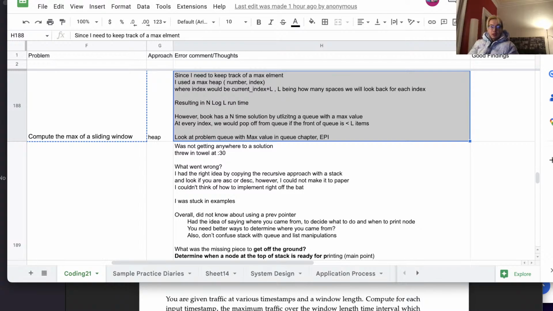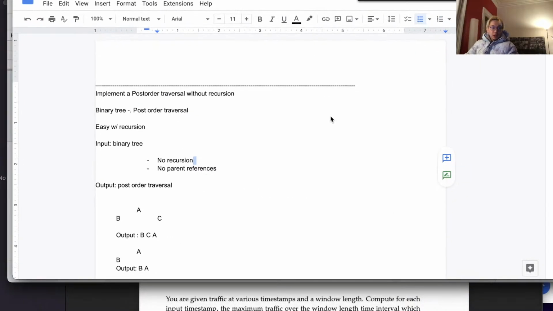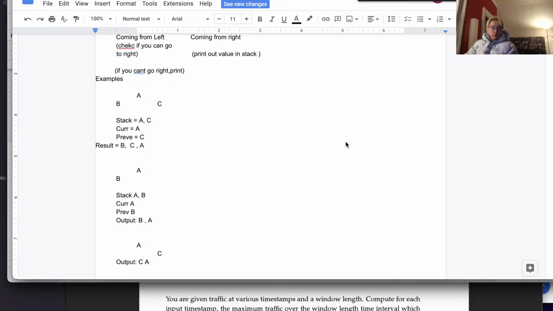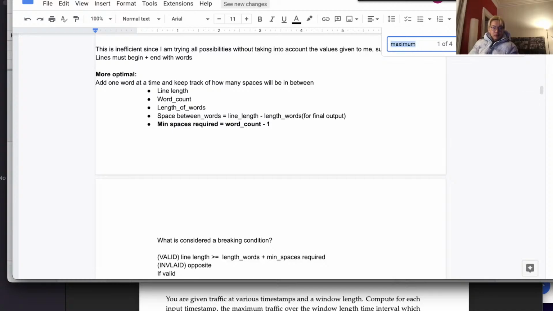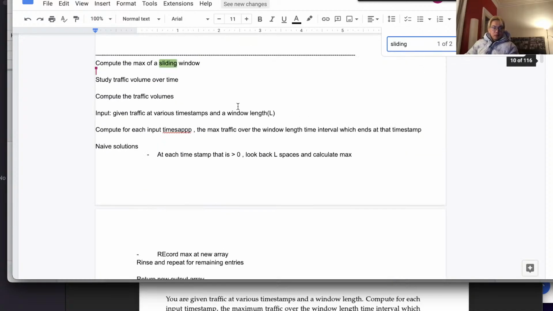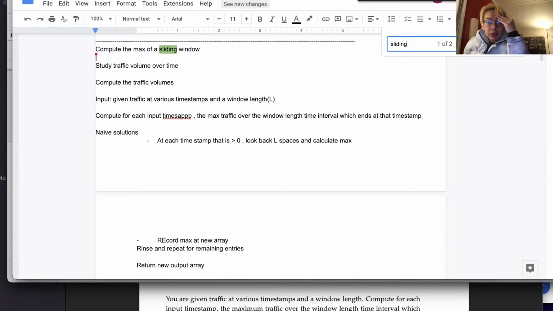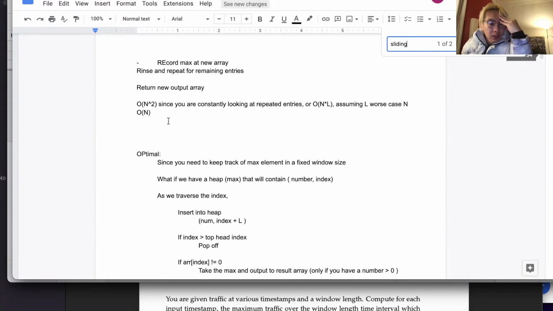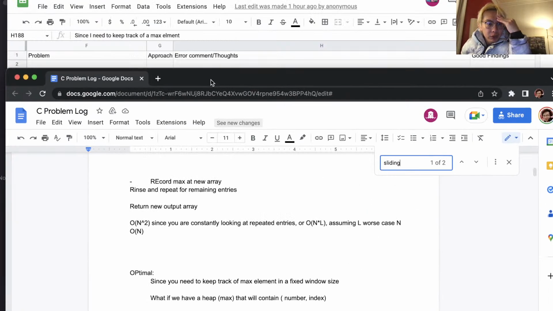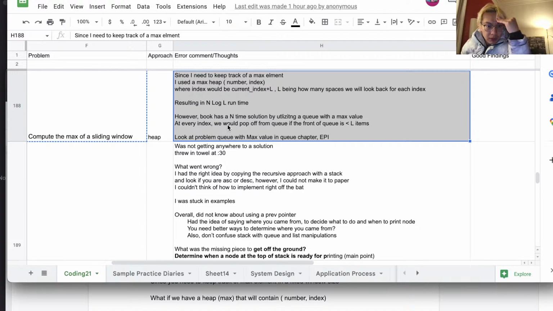Page 10. All right, let's wait for the thing to load. Okay, cool. Let's see what your steps were. Let me see first what you said your mistakes were. Book uses n by using queue. Look at queue problem with max value in queue chapter.